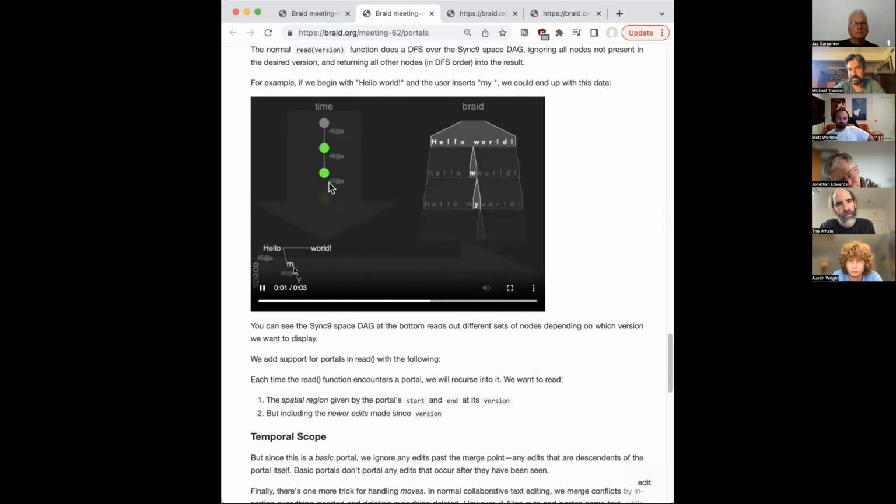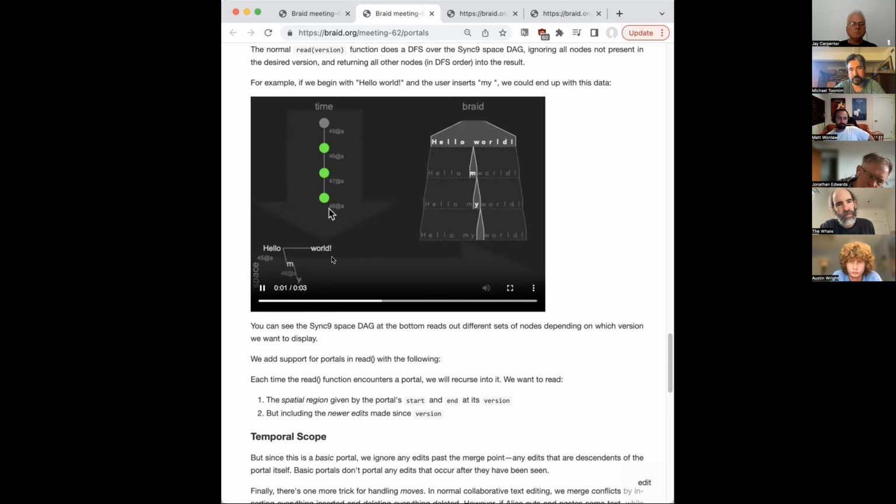But the problem is that the "my" is still going to appear in the left part because of the traditional CRDT collaborative text editing rule of inserting everything inserted when there's a conflict. So we actually have to make another change to our CRDT to not show the "my." It has to know that this was not just deleted and then portaled, but it was moved in a sense.